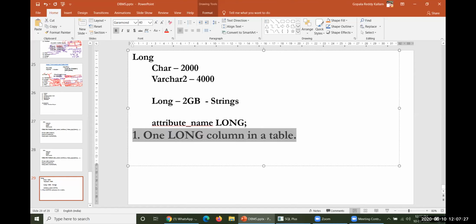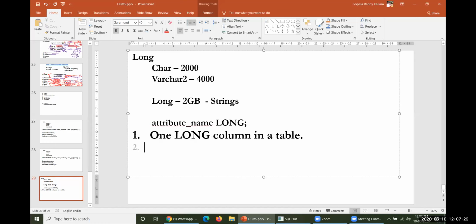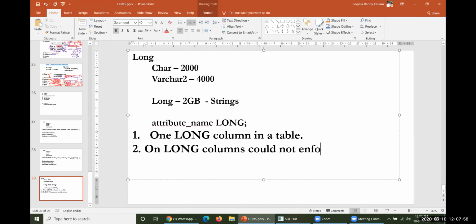Then the second restriction: in the very near future, we will discuss constraints. On long columns, you cannot enforce constraints.